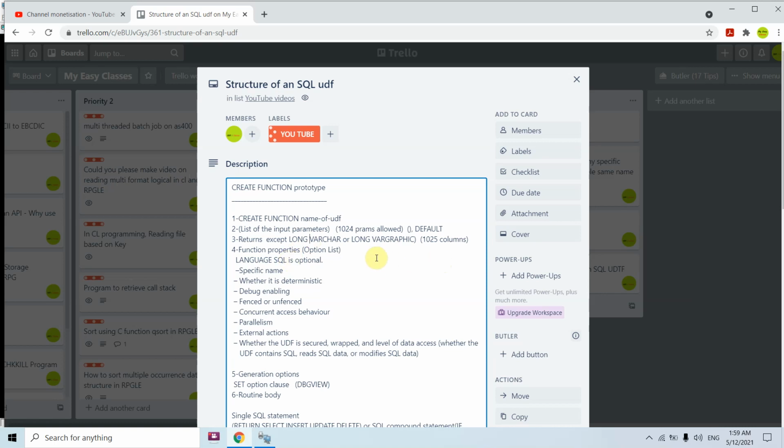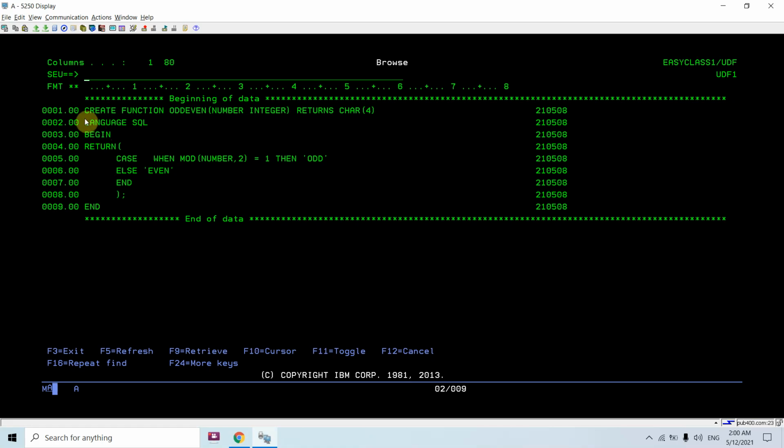Then the next thing that comes is function properties, or you can say the option list. Function properties are something which we define when we are creating a function. So let's see LANGUAGE, like LANGUAGE SQL.